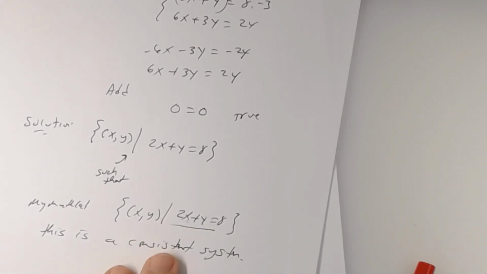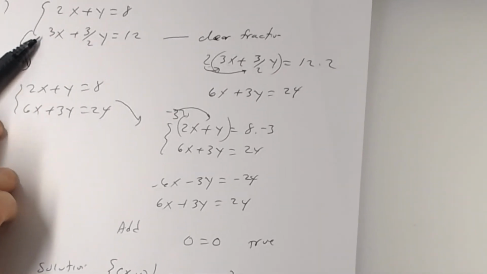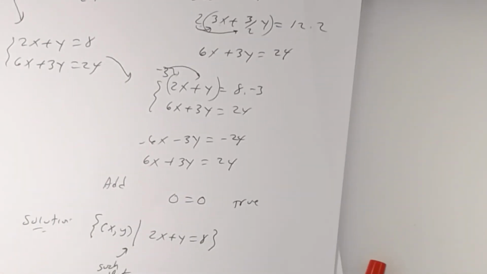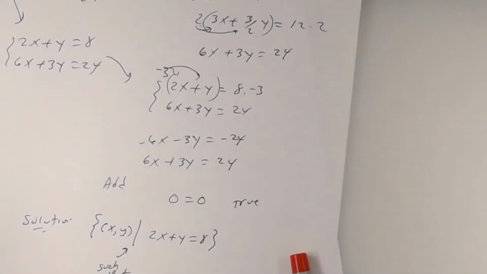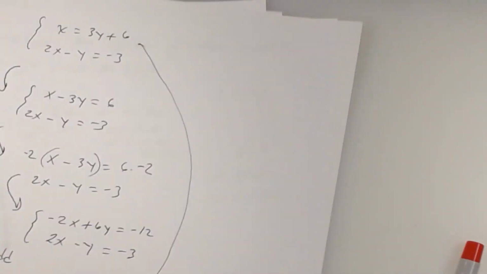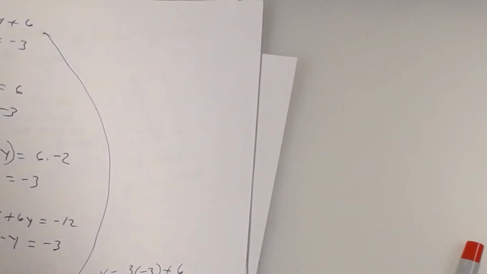Now in MyMathLab, it will have this part. You're going to have to fill in the underlined part. So you just write the equation, and it's just one of these. What was on the first page, what was the title of the section? What did you write? Classifying systems of linear equations. So either consistent or inconsistent. Okay, now